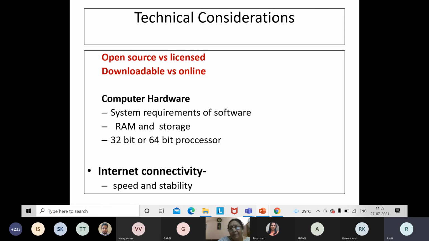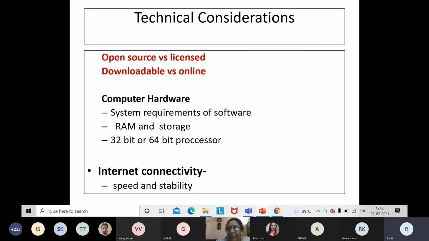If you are using a downloadable computer software, then what are the requirements? As I heard in the last part of the talk by Dr. Brijesh Rathi, somebody had questioned whether he is capable of using Schrodinger or not in his system. So this is something I am referring to in this slide. This was a very good question and very relevant, which all of you will have to face at some point of time: which software you want to run, and whether your system is capable of running that software or not.